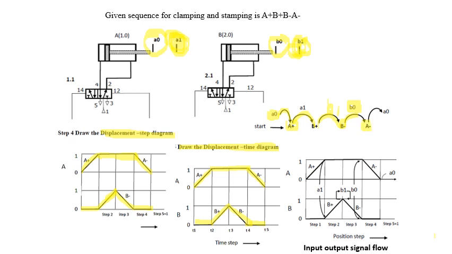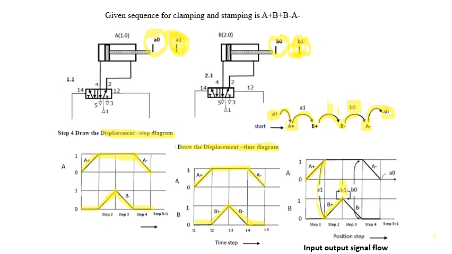When cylinder A retracts, it will generate the A0 signal. That will be the A0 input signal for the next cycle. You can see here, when cylinder A moves plus, it will generate the A1 signal. The A1 signal will be the input for cylinder B. When cylinder B moves forward, it will generate the B1 signal. That will be the input for